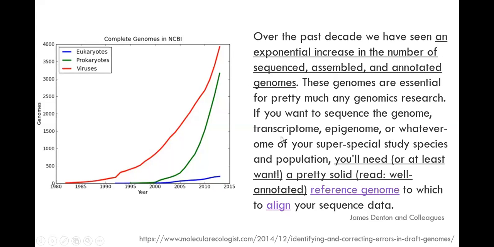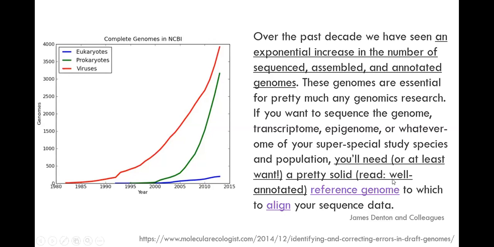If you want to sequence a genome or any omics you are studying, you need, to start as a solid, confident person, a reference genome to which you align your sequence data. Because you're talking in terms of binary code for computers, ATGCs for nucleotides, and amino acid sequences for proteins in the databases. Let's say you sequence something new, a novel sequence or novel genome, then it is really tough. You need to work really hard to find that everything is good with the data, and start from scratch.